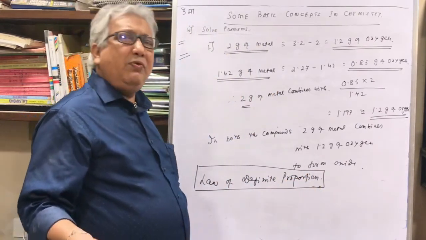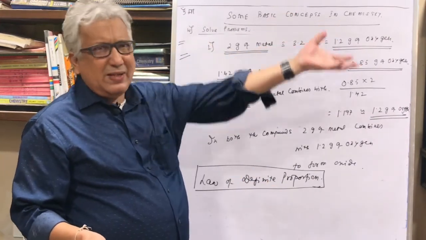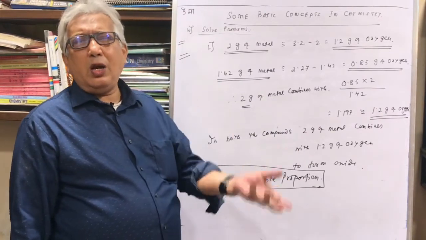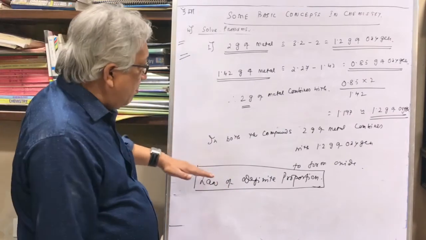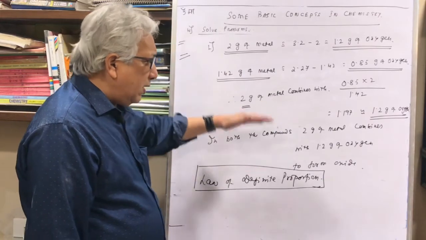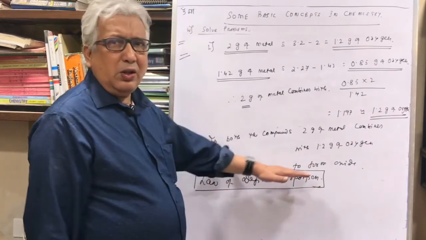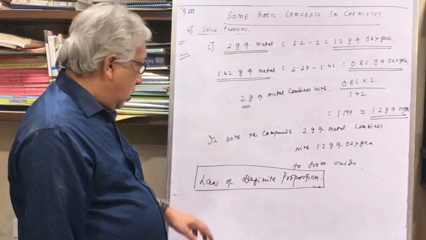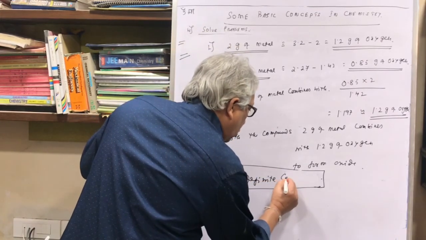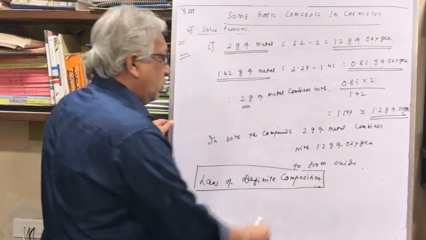Just like water, you bring from anywhere in the world, you brought it from place A or place B, it is H2O. So it will be made up of 2 gram of hydrogen and 16 gram of oxygen. In the same manner, you might have taken 2 different samples. Eventually you find that 2 gram of metal has combined with 1.2 gram of oxygen, and therefore it is verifying the law of definite, not proportion, definite composition. Law of definite composition. This is what it is.